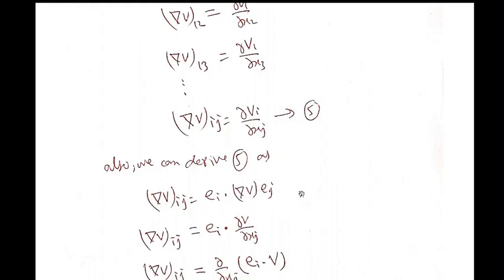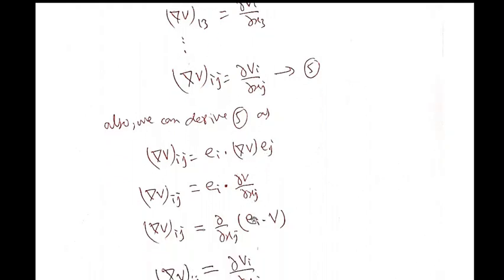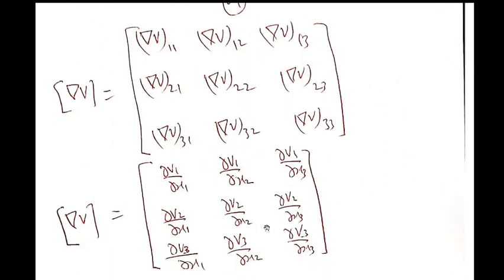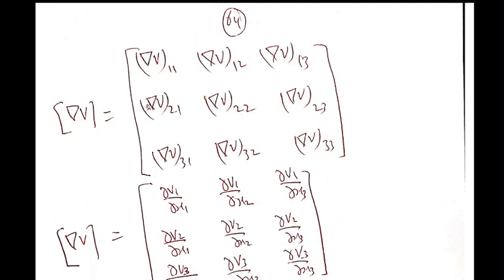So this gradient of V Ej will transform Ej as partial V partial xj, and we can write this as partial V partial xj, Ei dot V. So this Ei dot V will give us Vi. So the ijth component of the gradient of V is partial Vi partial xj. So we can write this tensor in its component form